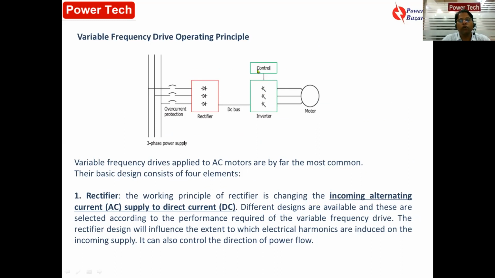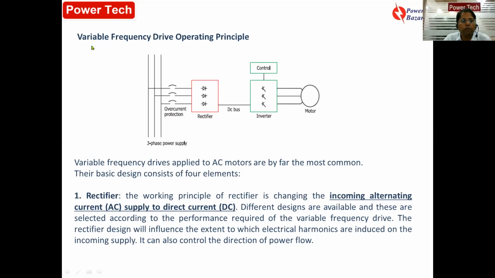So by employing the control system, I can switch on or switch off the circuit, and because it is an inverter, I'll get an AC voltage. And I can change the voltage, I can change the frequency. But V by F has to remain constant because it is related to torque. It is related to performance of the motor. So by changing the frequency, I can change the speed, but V also needs to be changed so that V by F remains constant.